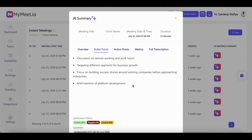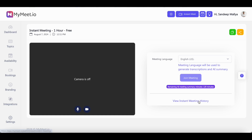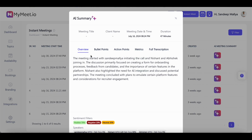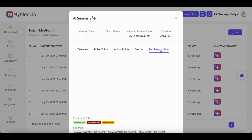So instead of taking notes during your meeting or jogging your memory to send those action item emails to your clients, you can let MyMeet's AI do the heavy lifting for you. To generate AI summaries of your meetings, go to completed bookings or go to instant meeting history and click on the AI summary icon under the actions column. You'll then get a neat summary of your meeting along with bullet points, action items, and a complete transcription of